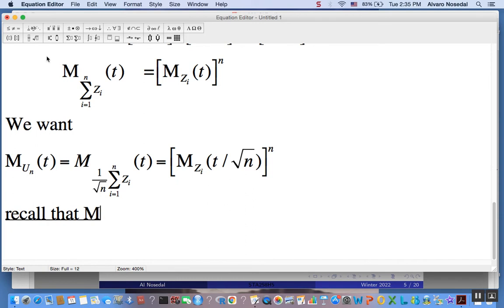So on one hand, what we have is the MGF of Zi's. This should be prime, right? Because we want the derivative